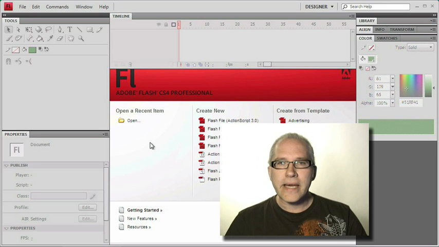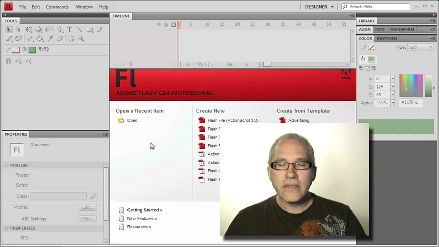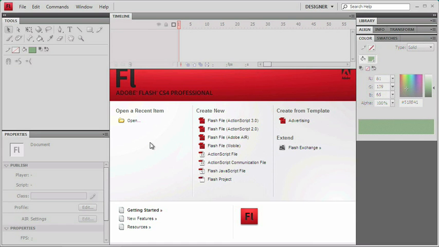Now, before we get to that, let's get things started by just getting comfortable with the Flash interface itself. Let's take a look at the workspaces, the drawing tools, and, most importantly, let's get a start on our Flash website. Now, to get things started, we're going to want a brand new Flash file to work with. So if you're looking at the splash screen, you can choose Flash File ActionScript 3, and if you don't see the splash screen, you can just go up to the File menu and choose New File, and make the same